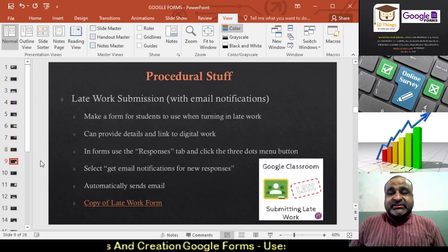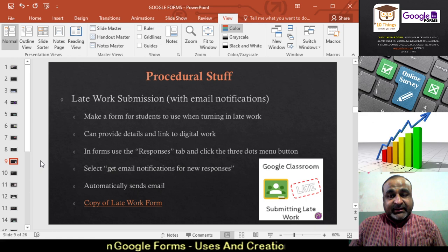Even in schools and colleges, forms can be used for different purposes, like making a form for students to use when turning in late work, where they can provide details and a link to the digital work. With form responses, we can get email notifications, and automatically we can send emails also.